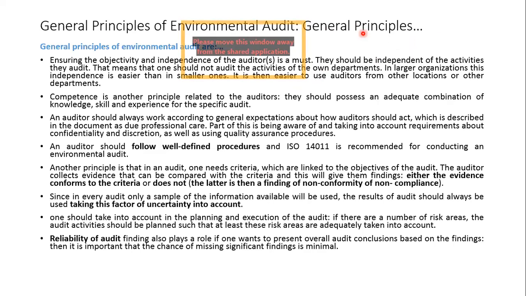Yes, sir. Okay. Now, I already started the general principles of environmental audit. The risk should be lesser, and once the risk is lesser, the reliability of the audit will be more. That's why the data sampling you are undertaking now should be such that the sampling number gives a result with the least risk. So that is one of the big things of this audit.